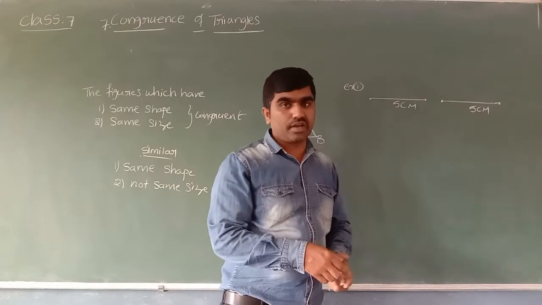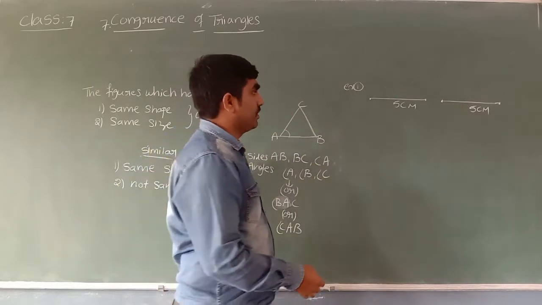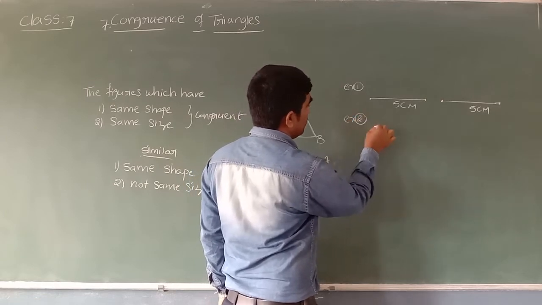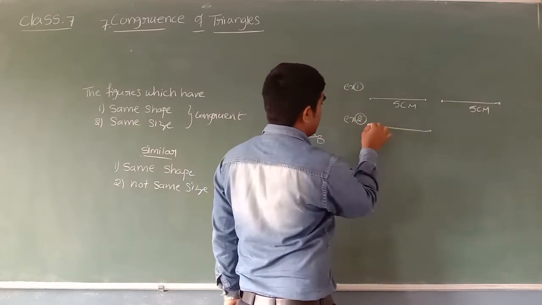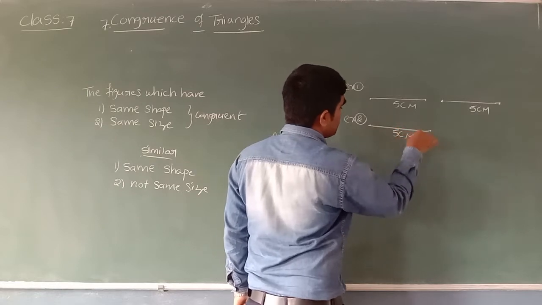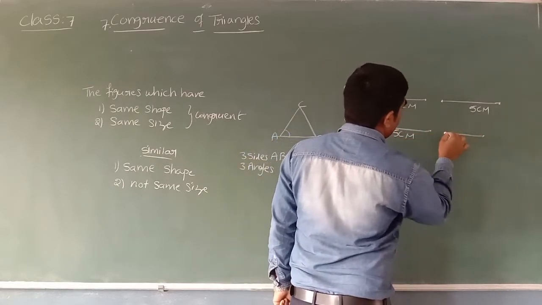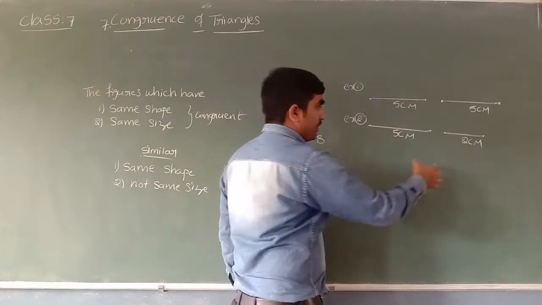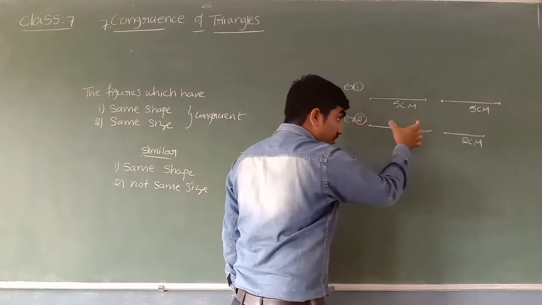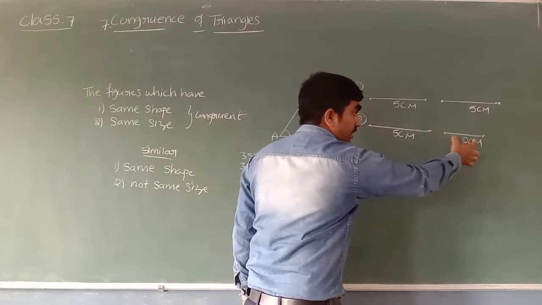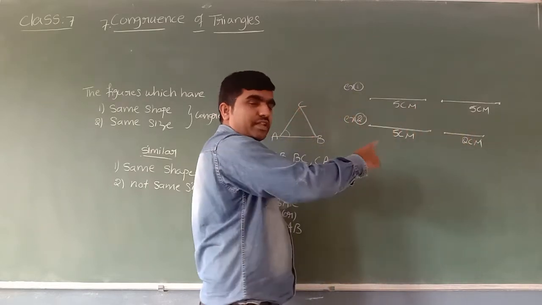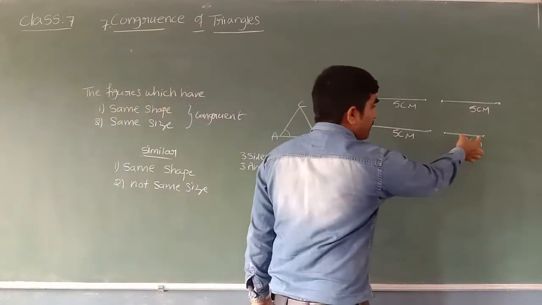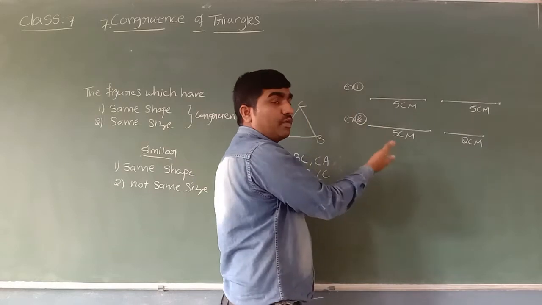Sir, both are called congruent. Yes. Now you can see one more example. I am taking one line segment which has a length of 5 centimeters, and let me take another line segment which has a length of 2 centimeters. Now let me take the second line segment and keep it over the first line segment. When I keep one over the other, will they coincide? Will they fit exactly? No, sir, both will not fit exactly. The reason is they don't have the same length.